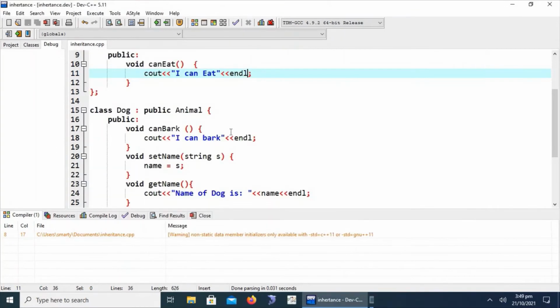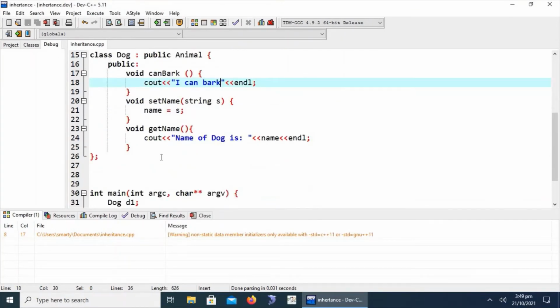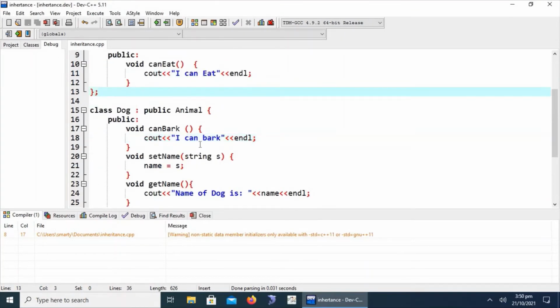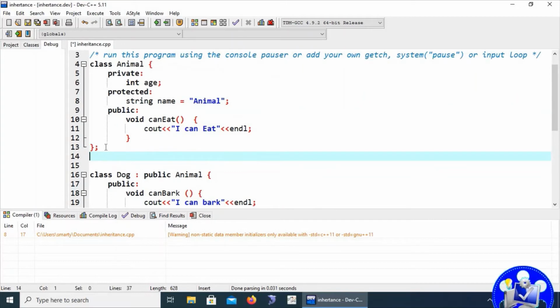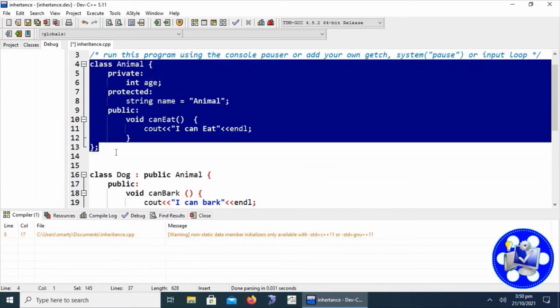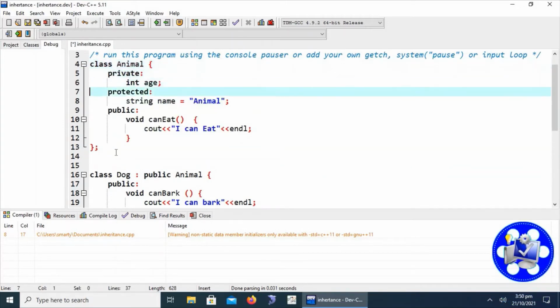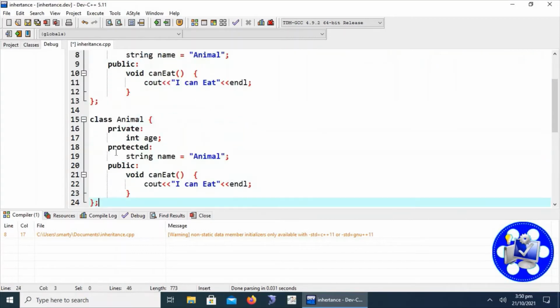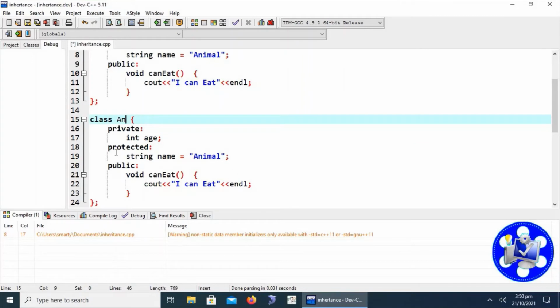Okay, now we are going to create another class. We are going to discuss multi-level or multiple inheritance. For this purpose we are going to create another class, let's suppose named robot.